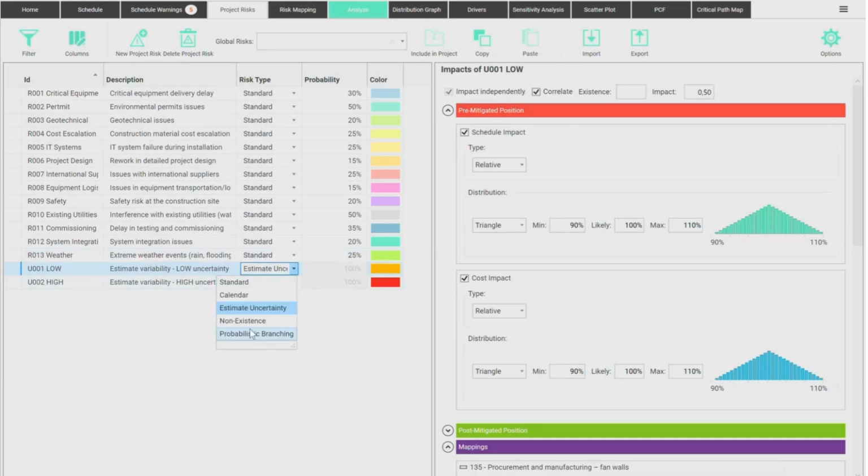There are some other kinds of risks, such as the risk of a task existing or not, or the non-existence of a task. Very useful when you're dealing with prototyping, things like that. Probabilistic branching: sometimes you're mapping decision gates and your project may go one way or another. Some companies, for example, large companies, public companies that work with bidding processes, create a schedule for their bidding process when they're procuring equipment or large plants.